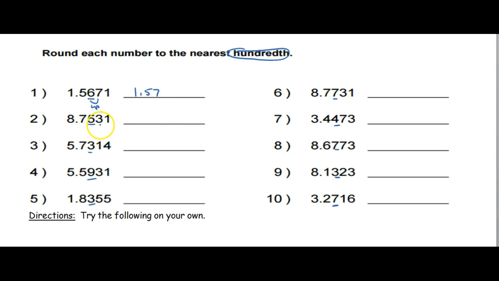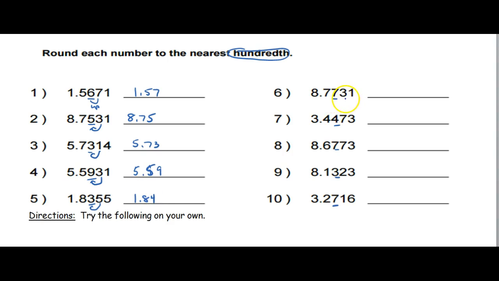1.57. The 3 tells me to round down, so that 5 stays the same. The 1 tells me to round down, so the 3 stays the same. The 3, does that tell me to round up or down? If it's below 5, we round down. 5.9 stays the same. The 5 tells me to round up, so